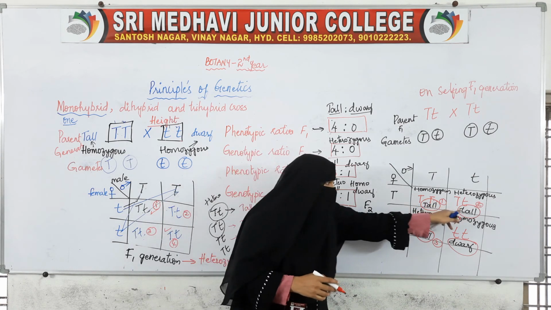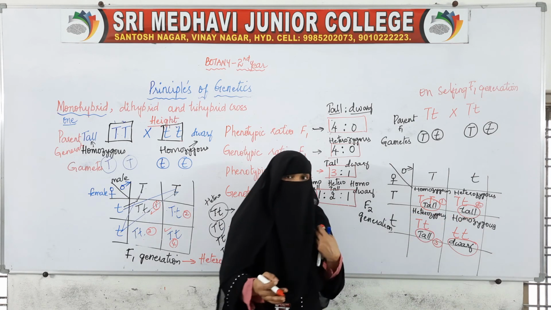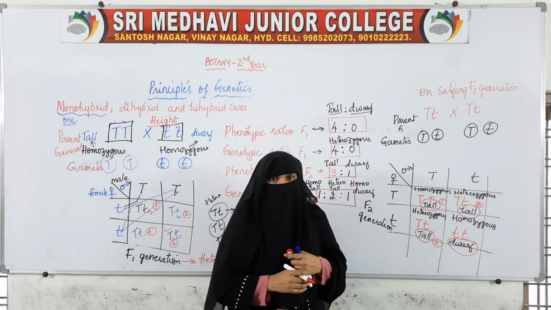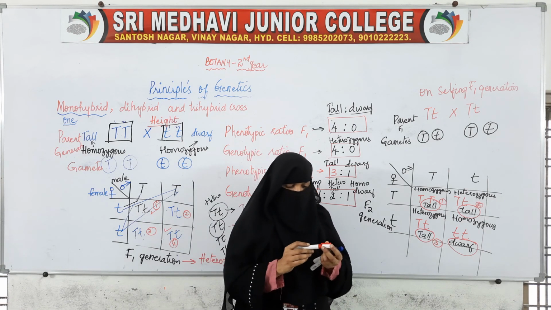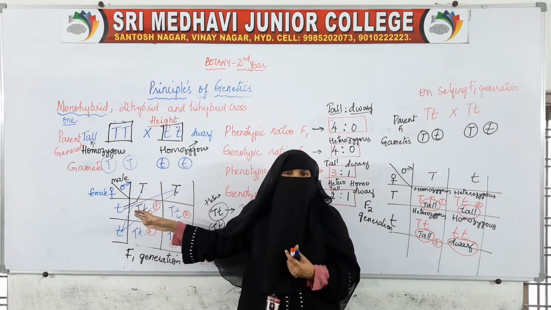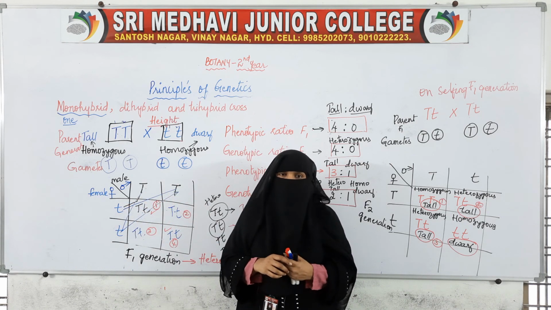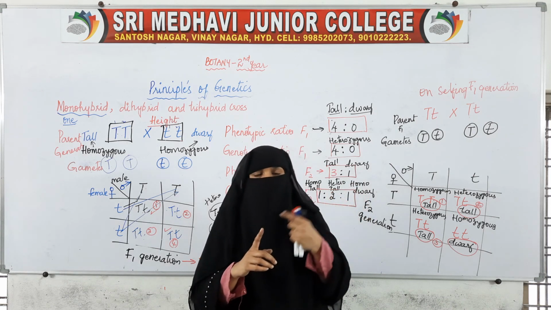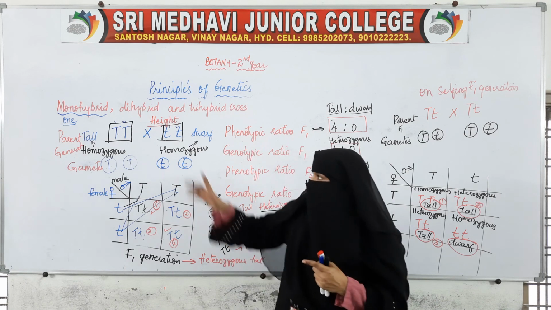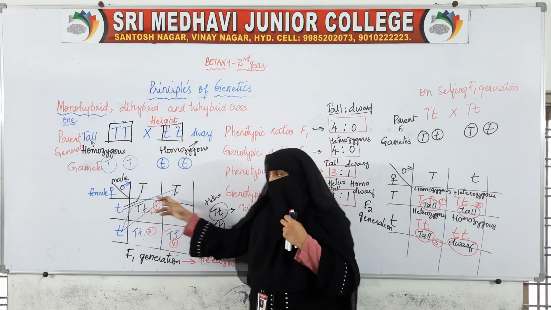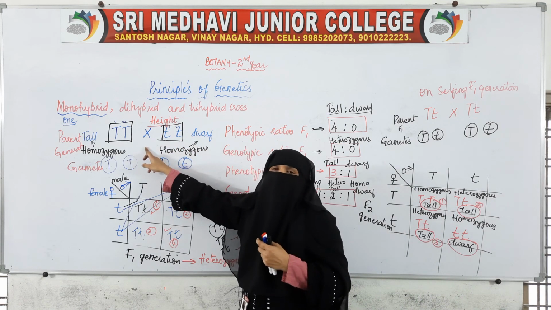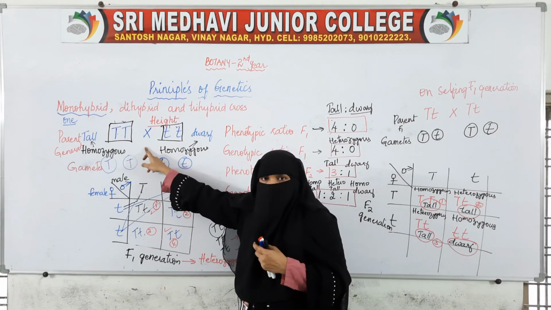If we again self the second generation, we get the third generation. Again selfing the third generation, we get the fourth generation. So likewise it will go on. So this is how we make a monohybrid cross. In a monohybrid cross, we check only one character. During this monohybrid cross, we have seen the first law, the law of dominance, as well as the law of segregation, that is the second law.